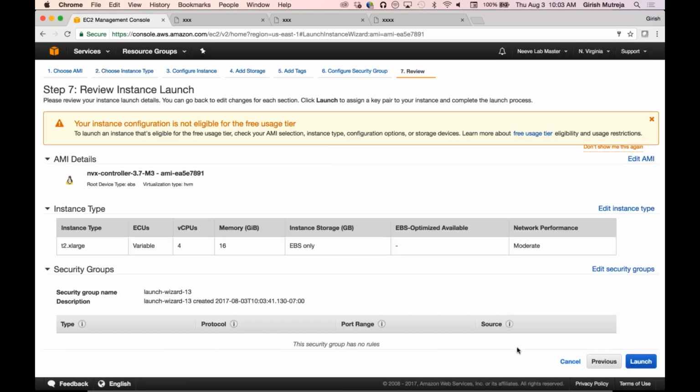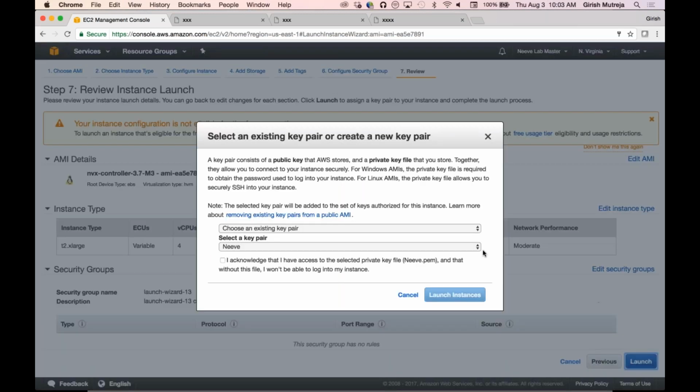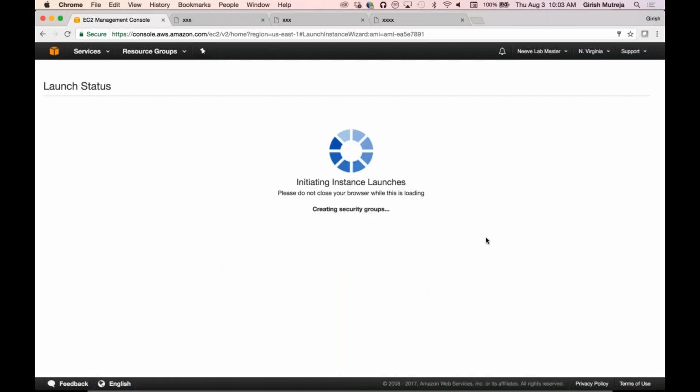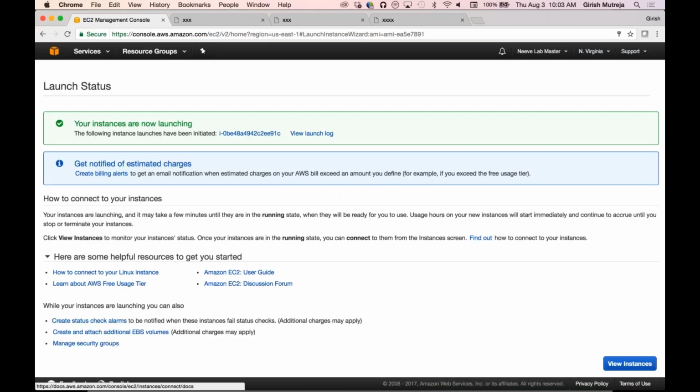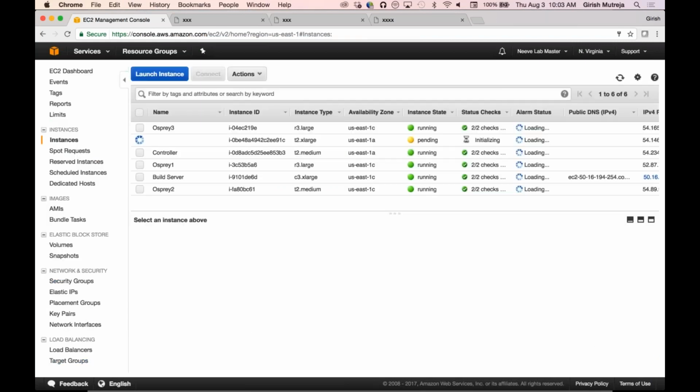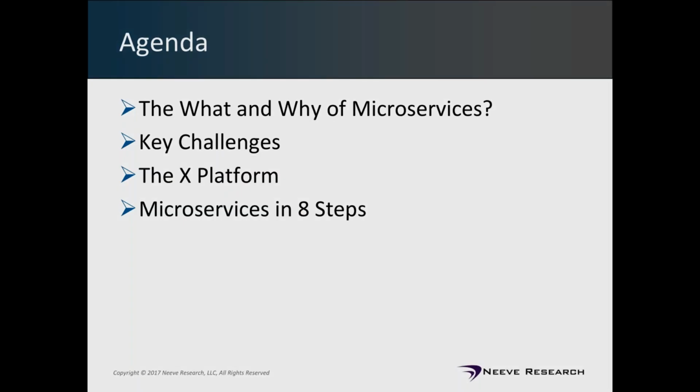What I'm doing right now is spinning up a new controller, and this controller is effectively what one uses in order to control your environment. Generally speaking, you could spin up multiple machines that can hook up into this particular controller, and then deploy your applications across these different machines. Today, however, we are going to use only one machine, with a little bit more capacity than you generally need in order to run all the applications that we will be running on the same controller machine itself. So while this machine spins up, let's just continue with the presentation.